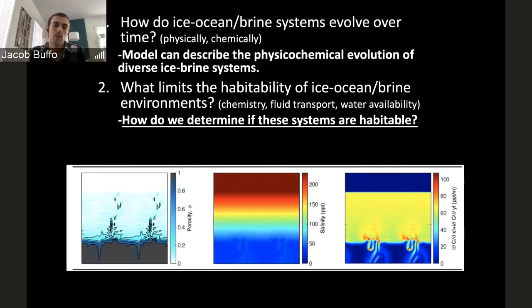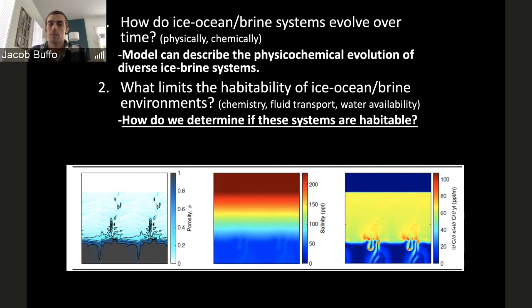And so kind of the next question, number 2, is how do we relate what we're seeing in these models, so something like these salinity profiles or these porosity profiles, to actual habitability, like how habitable are these systems, which is kind of the next hurdle that we're hoping to do with the model, because right now salinity is kind of non-specific. It's kind of talking about concentration, so we give it some initial concentration of salt, but we don't really specify what salts they are,